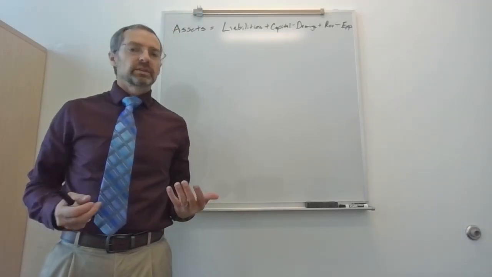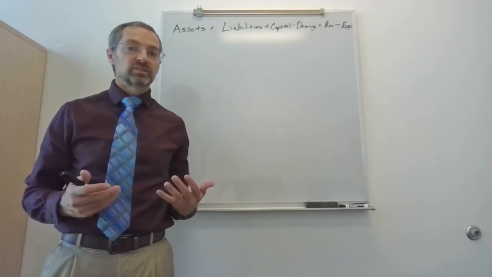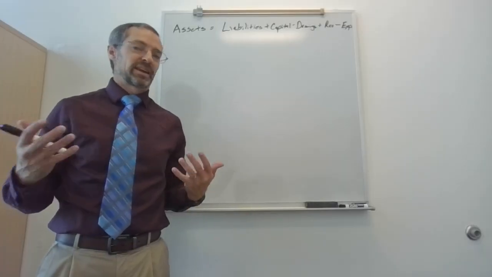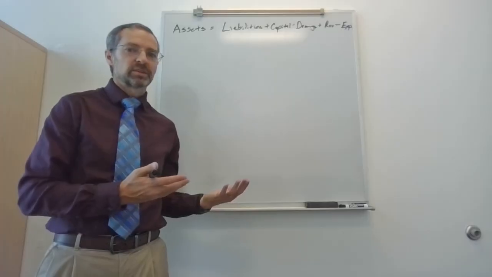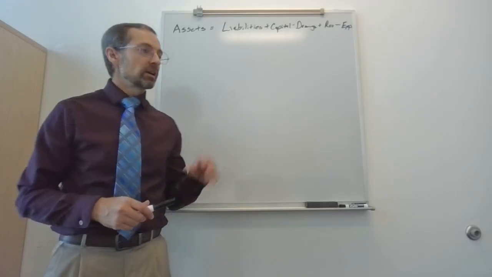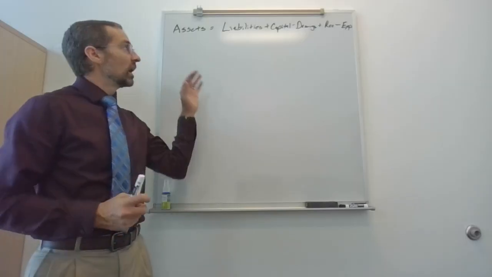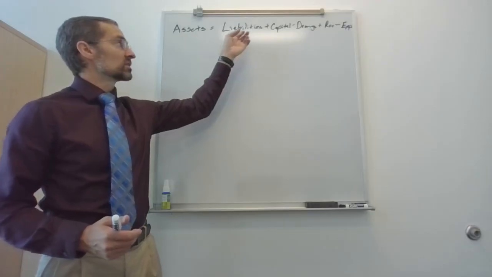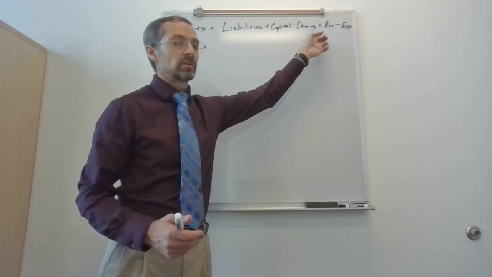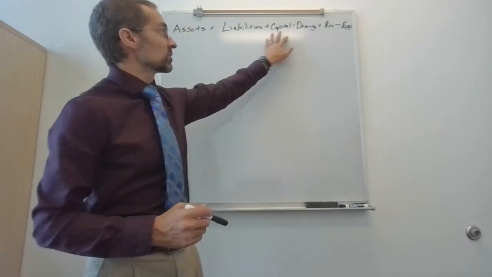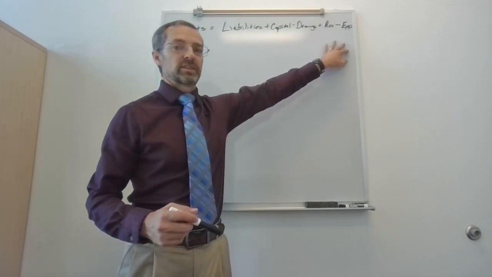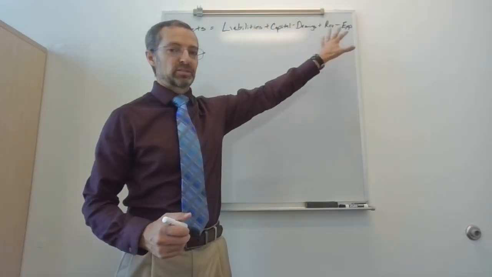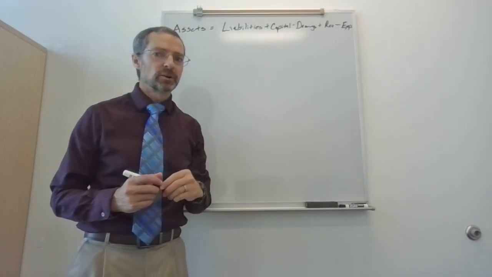Previously, we discussed how to analyze transactions, what accounts are going up and down. We also discussed what an account is, which is simply something the business wants to track. I've written on the board here the accounting equation. I expanded it a little bit, so I did assets equals liabilities plus capital minus drawings plus revenue minus expenses. Now, this whole section here, the capital, drawings, revenues, and expenses technically are part of owner's equity, but I'm just going to expand that out for purposes of this video.